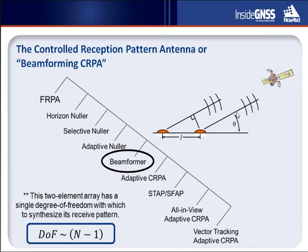If we were to perfectly time shift or delay that earlier signal, then the two signals would add up. Thermal noise, which is uncorrelated, would increase only by square root 2, and we would have achieved our objective of enhancing the received signal-to-noise ratio, or SNR. In practice, the time shift is actually implemented as a phase shift, or phasor rotation. This is why the constructive effect is perfect only at the center frequency of the signal, and it falls off